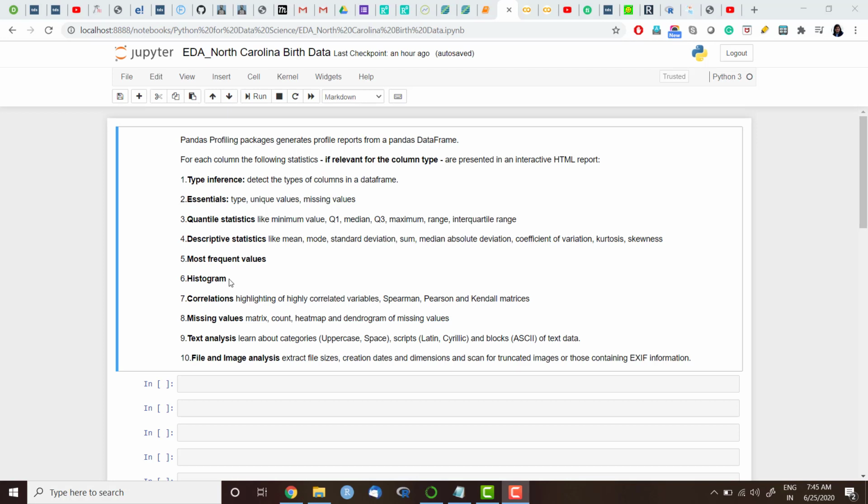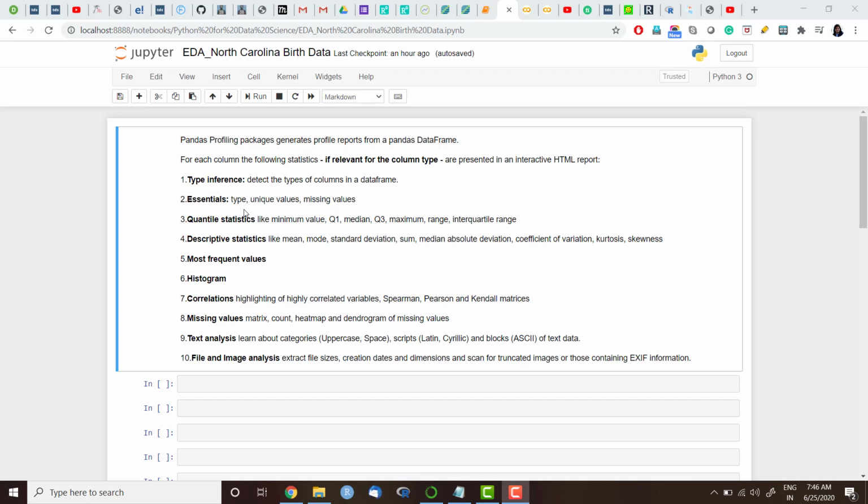And we can here get histograms for all variables to see their distribution, to understand their pattern. We also get information about correlations among the variables. Here we get correlations which are Pearson, Spearman and Kendall correlation. Also we get information about Cramer's V and phi coefficient, and we see the plots which highlight highly correlated variables. So we kind of understand the pattern of relationship between all those variables, whether they are numeric or categorical variable. And we also get important information about missing values. So we will see all these things for a data set.